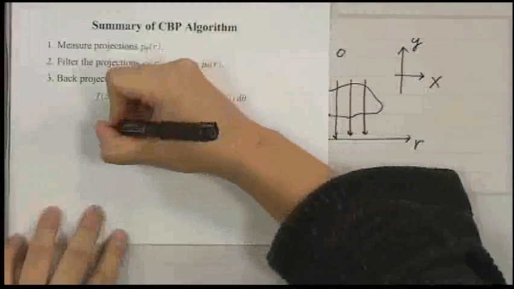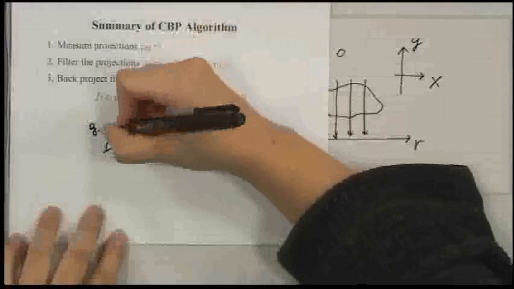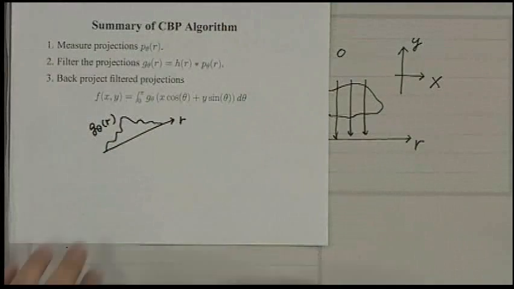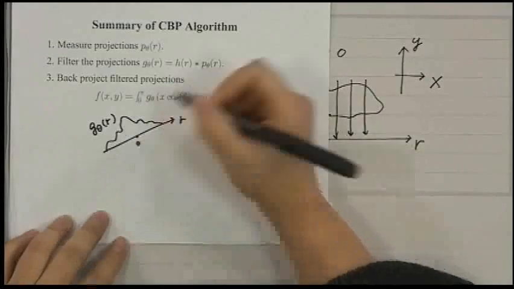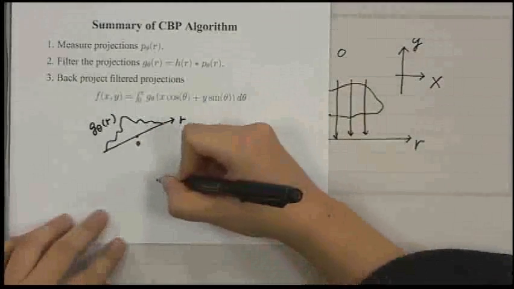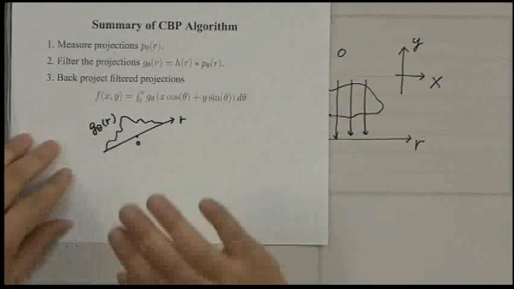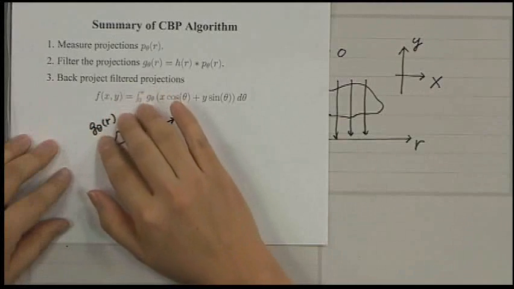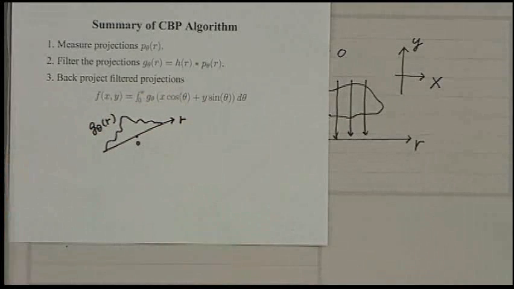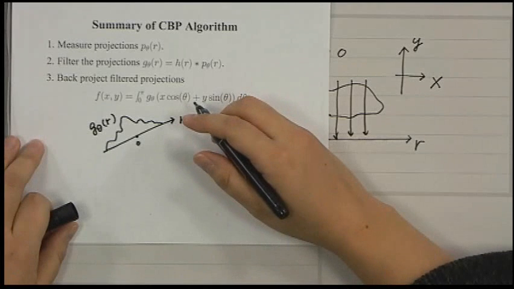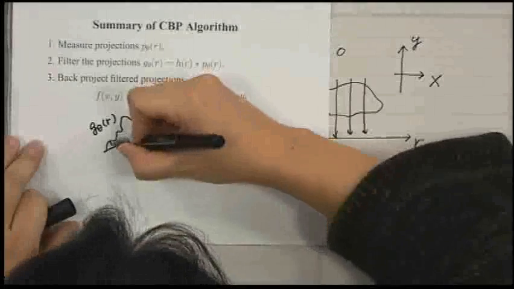Okay, let's say this is a filtered signal. This is origin. Then what we do is we smear out like this. It's like a windshield wiper of the car. So